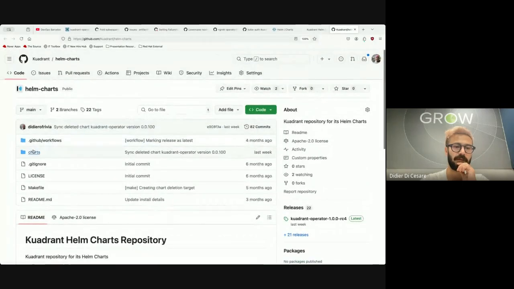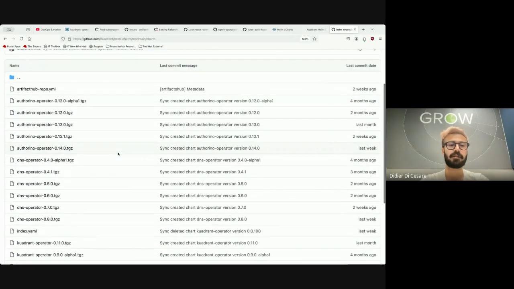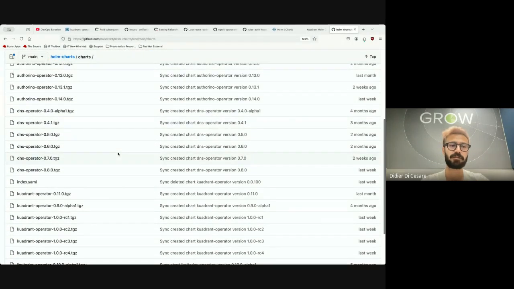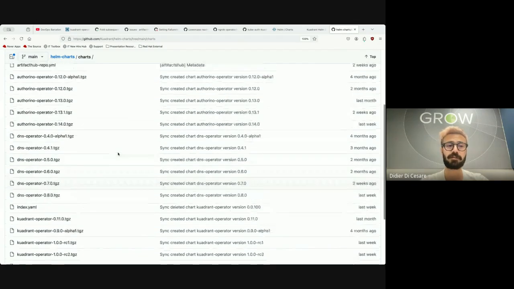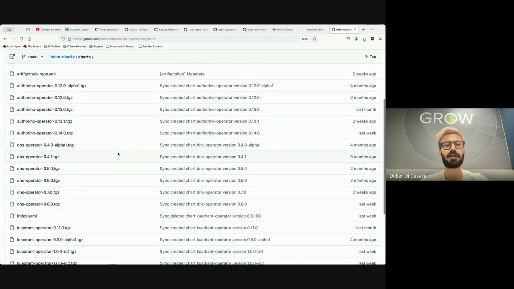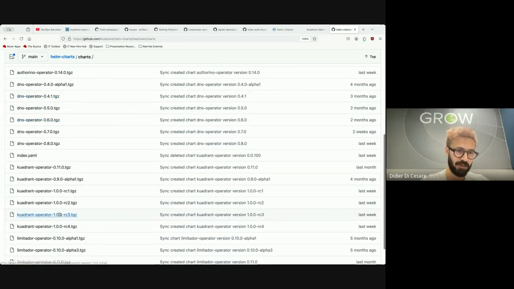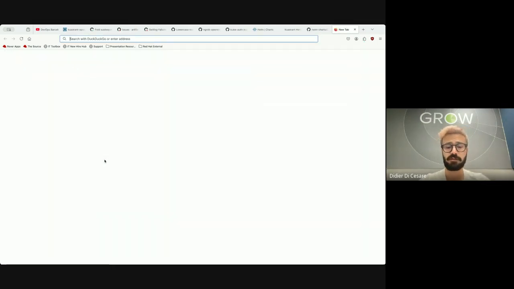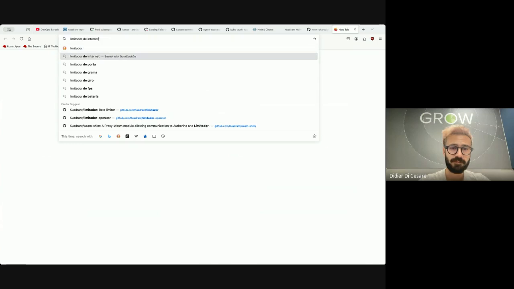That we have all the charts listed in this repository. These TGZ files that you see here are coming from each individual repo: the Authorino operator, the DNS operator, the Kuadrant operator, and the Limitador operator. So if we go to those repos